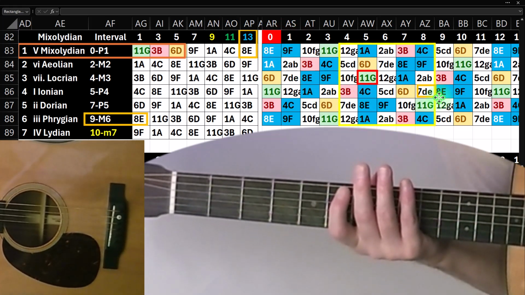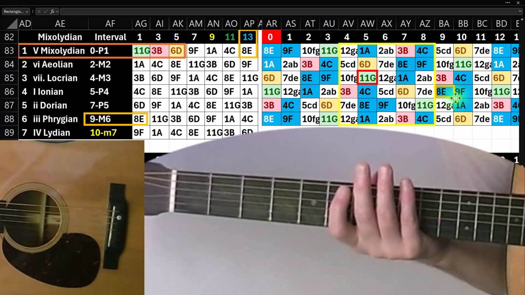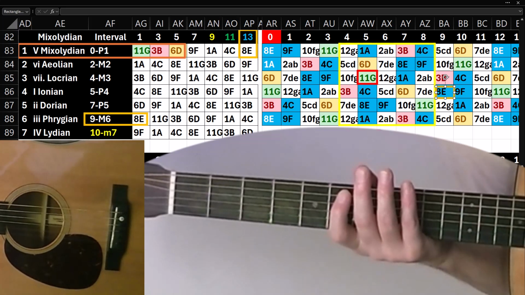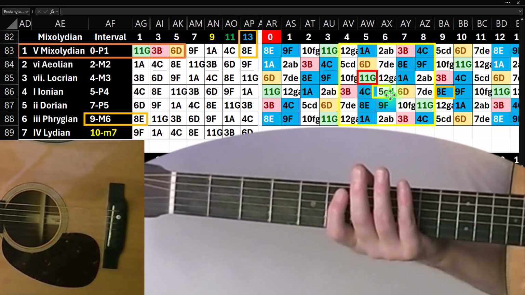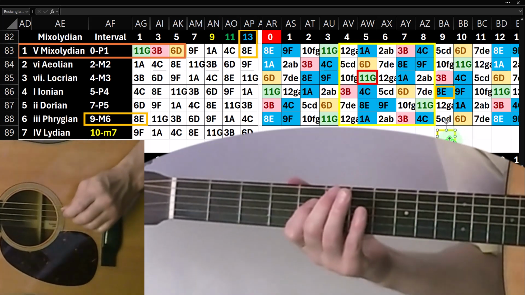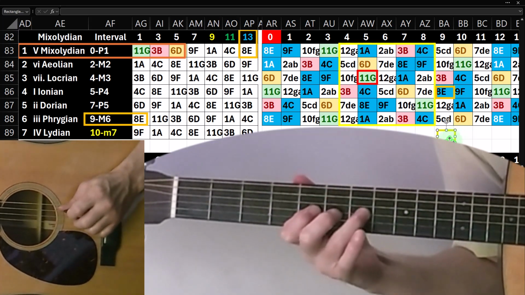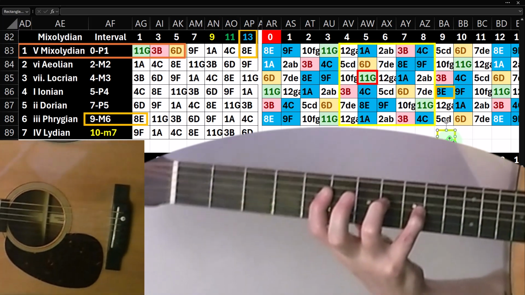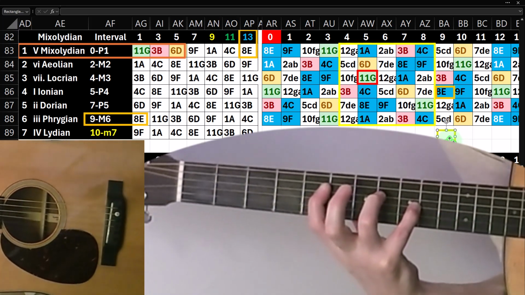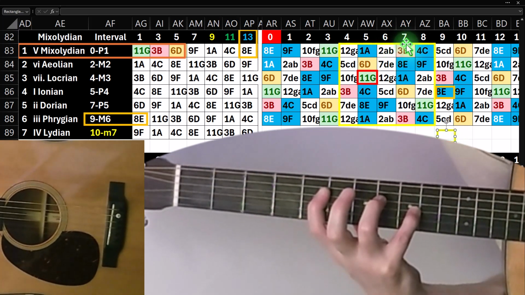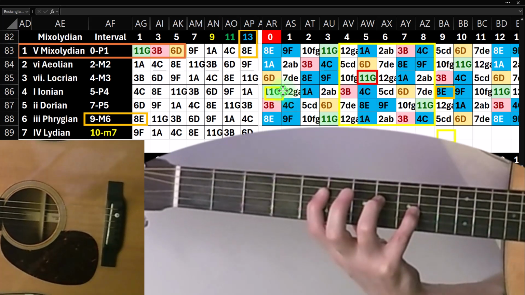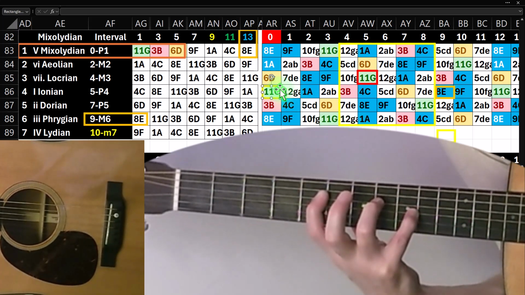So let's go down below and say we went back down here. So if I go below the note, we can count it up just normal. So here we are, 5, 6, 7, 8, 9. Boom. So if I go down 1 string, the 9 note away major 6 will be 1, 2, 3, 4 frets forward unless I cross the fault line, which would happen only on the G string,